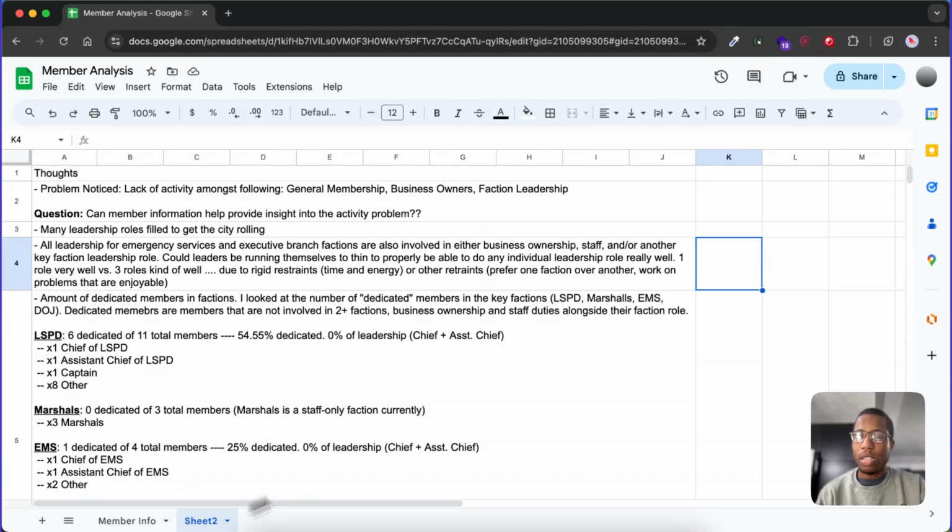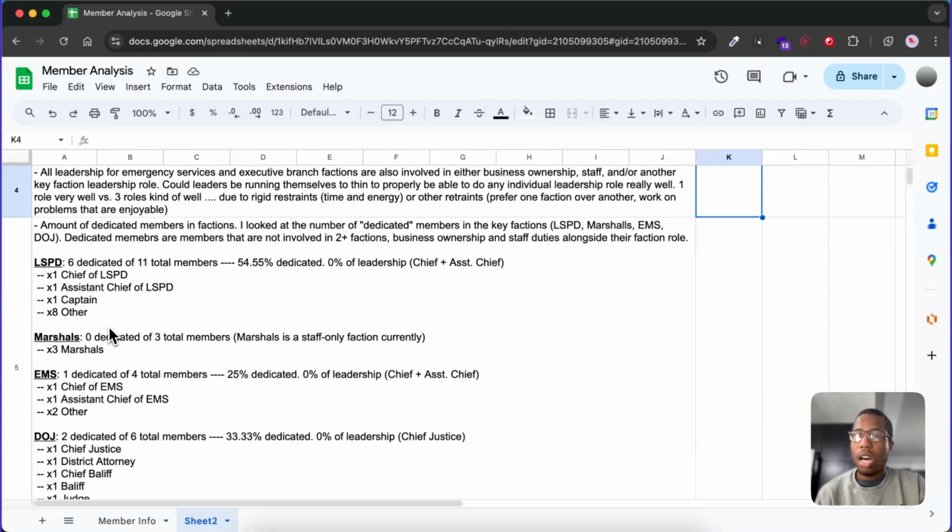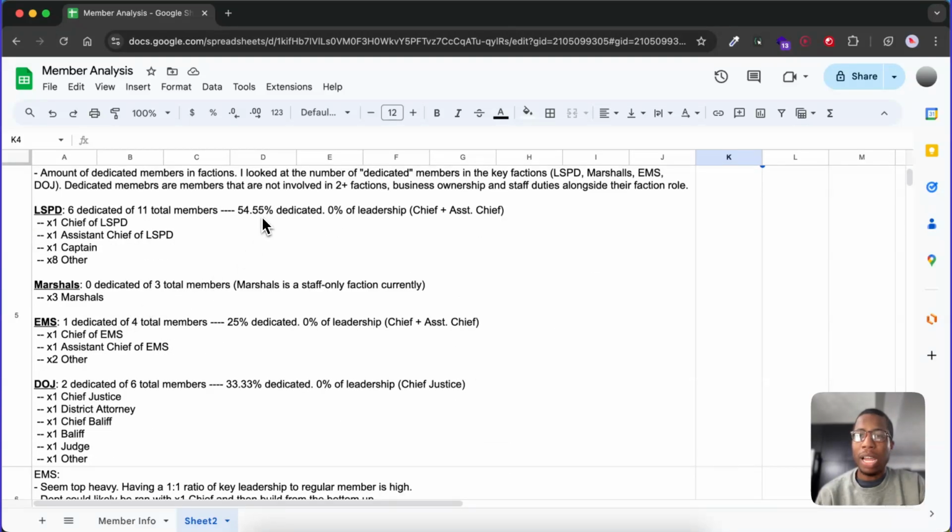Yeah. So I went over here and I basically just wrote down some of my initial thoughts. There's a lot of leadership roles filled to get the city rolling, is what I noticed. I looked at the amount of dedicated individuals. So in this example, dedicated means that individual